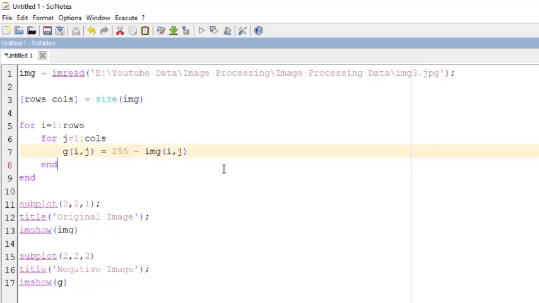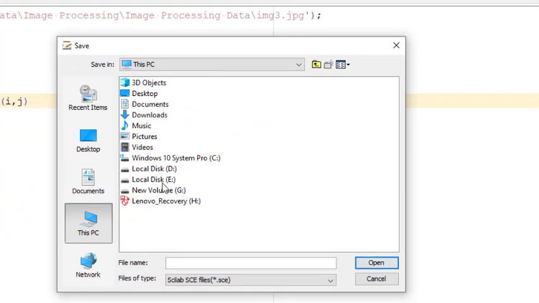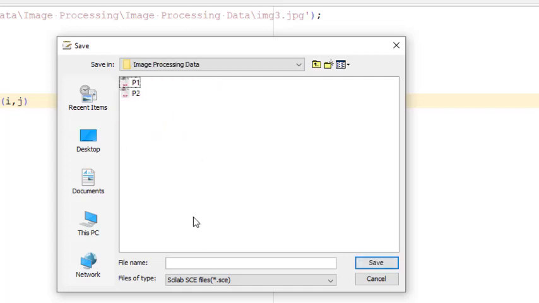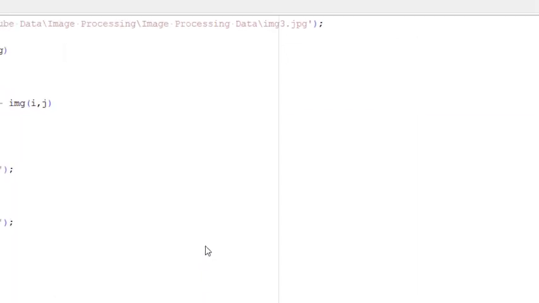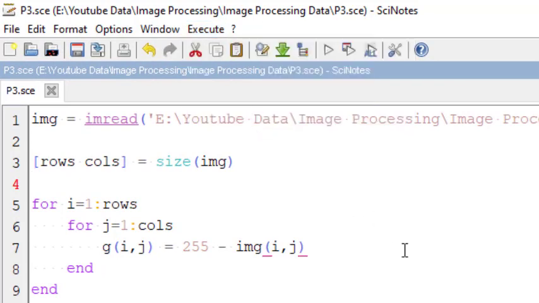Now save this file, Ctrl S, and you can save it anywhere. This is my path. I am saving the file here, as P3. Now execute it, save and execute.